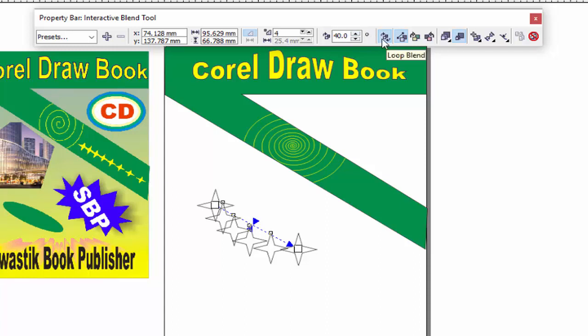This option is used for loop blend like this. You can increase the direction again, 70, 80, 75 from here, or you can rotate like this and give the color from this right option.